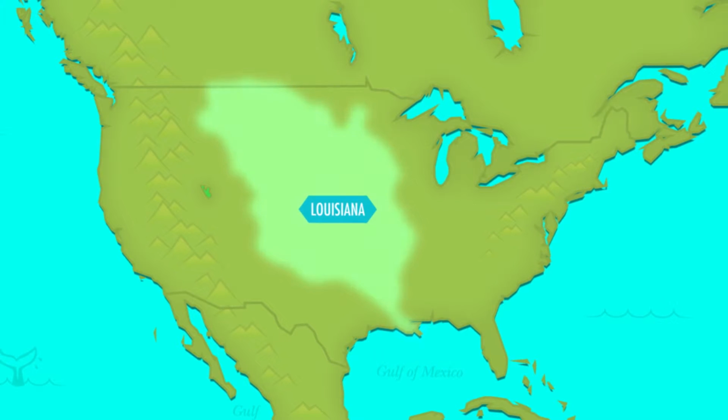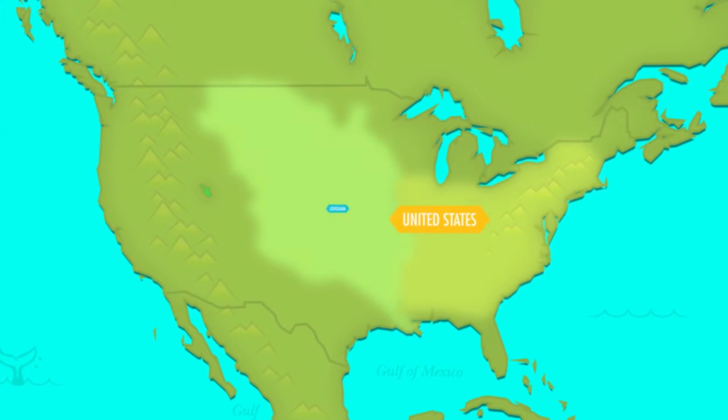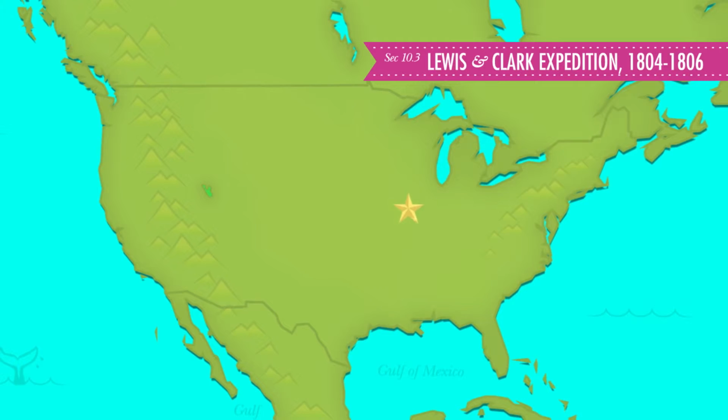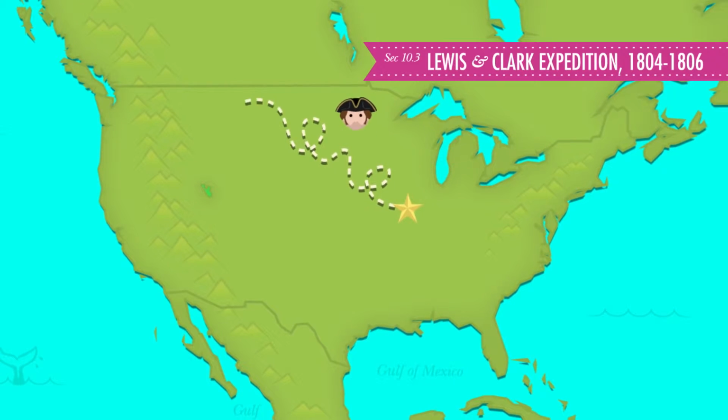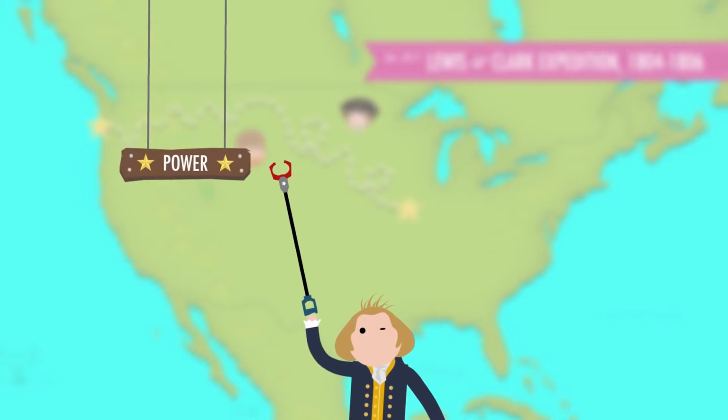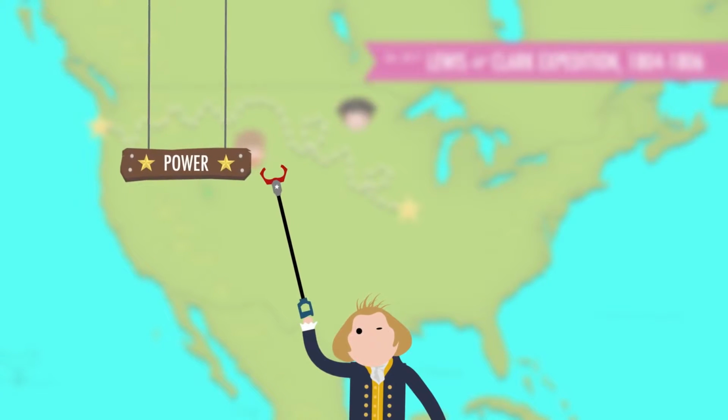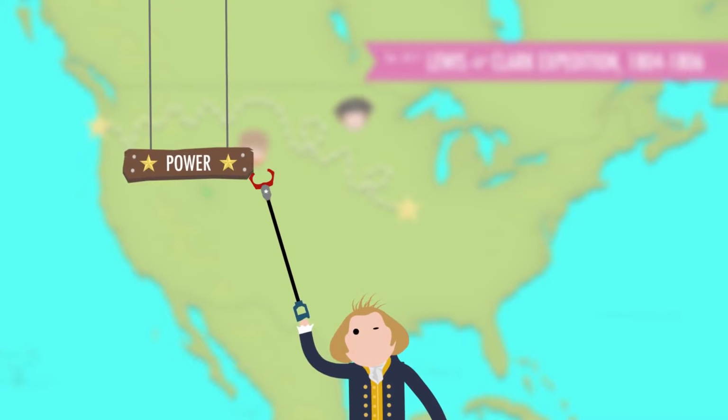So laying scruple aside, Jefferson bought Louisiana and then sent Lewis and Clark to explore it, which they did, even going beyond the boundaries of the purchase all the way to the Pacific. And this was so cool that it almost makes us forget that it was kind of unconstitutional and a huge power grab for the president. So the question is, why did he do it?